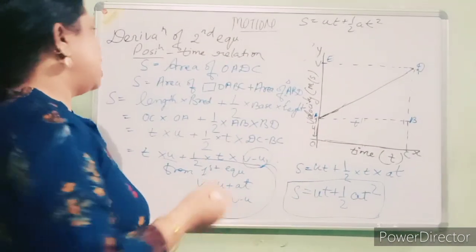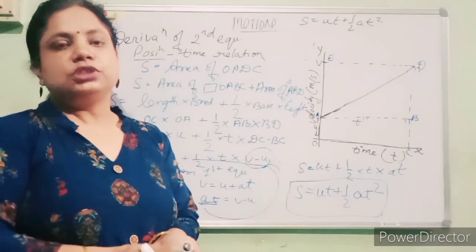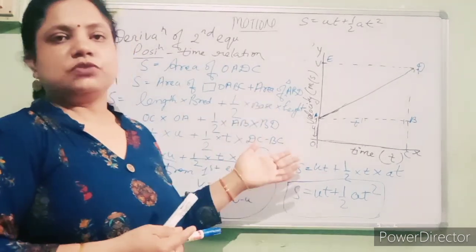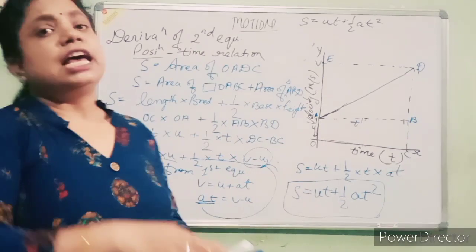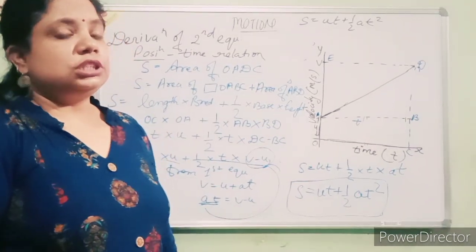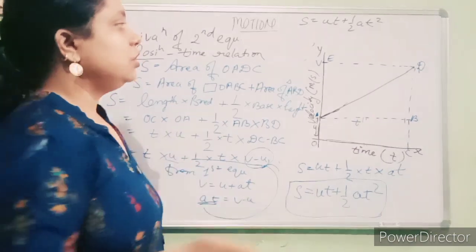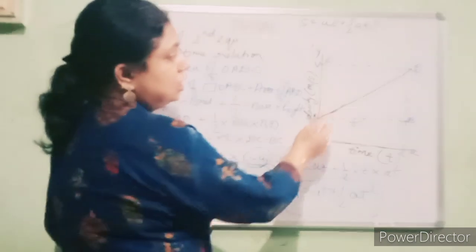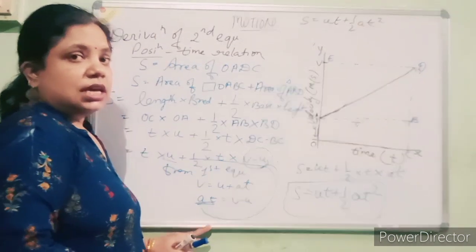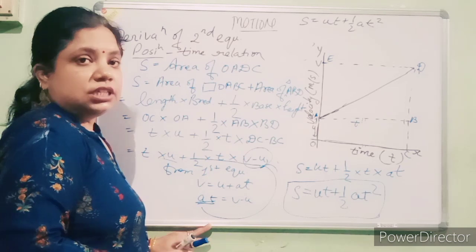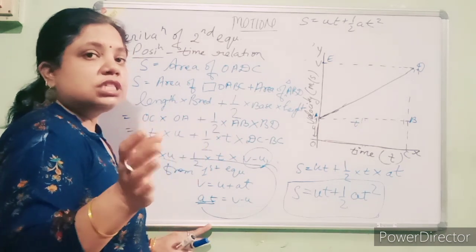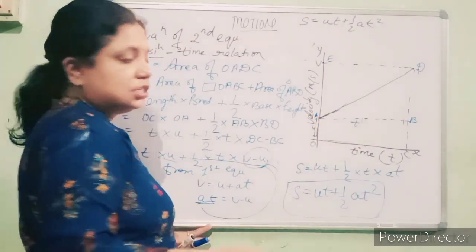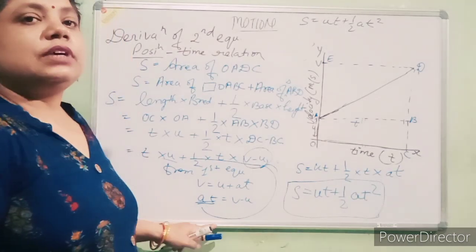Clear? I have explained the first equation of motion as well as the second equation of motion. Through the graph we can derive the first, the second, and also the third equation of motion, which you do by yourself, because the third equation of motion also represents the area of the trapezium, and it is the velocity-position relationship. So for the area of trapezium, the sum of the parallel sides, you have to put the values here and you can find the third equation of motion.